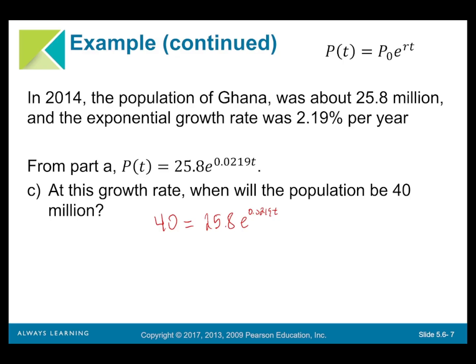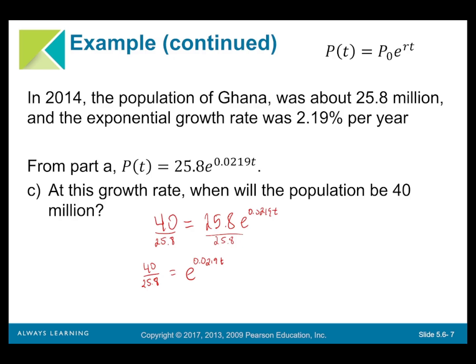Now we have a big long equation, and we're going to solve for our time t. So let's use as much standard algebra as we can. We're going to divide the 25.8 over, and we get 40 over 25.8. We'll save that in our calculator for later. That's e to the